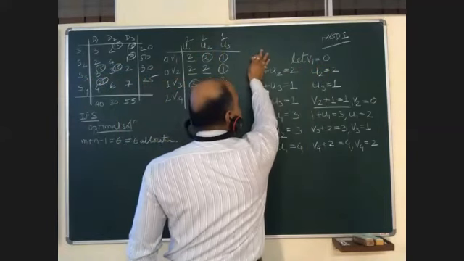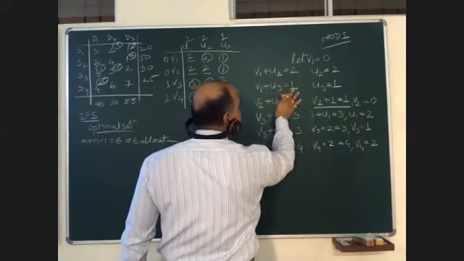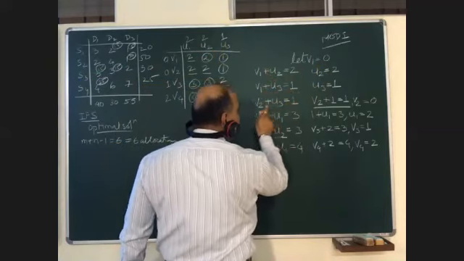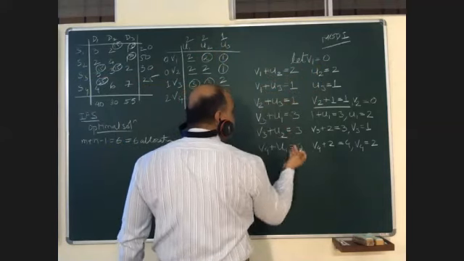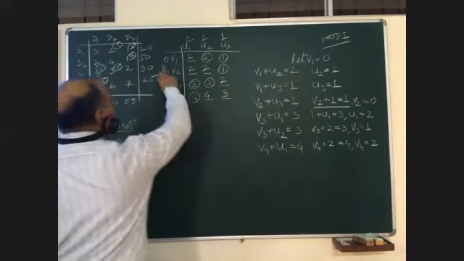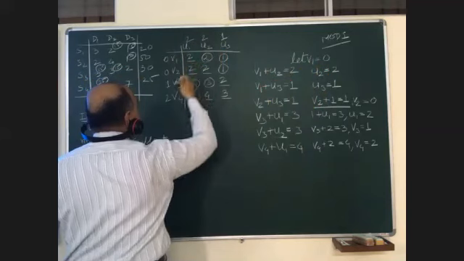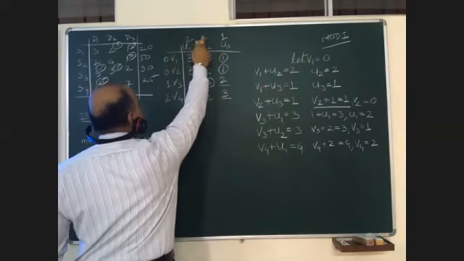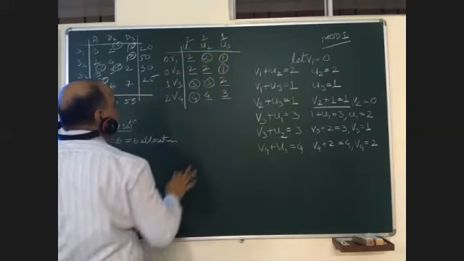Once I put V1 as 0, I get U2 value. Once I put V1 as 0, I get U3 value. Similarly, for V2 you have the U3 value. Replace it and continue. You will get all the values. I'll place all the values and check whether I'm getting the correct values or not. Like 0 plus 2, 2, 0 plus 1, 1. So the values are correct.